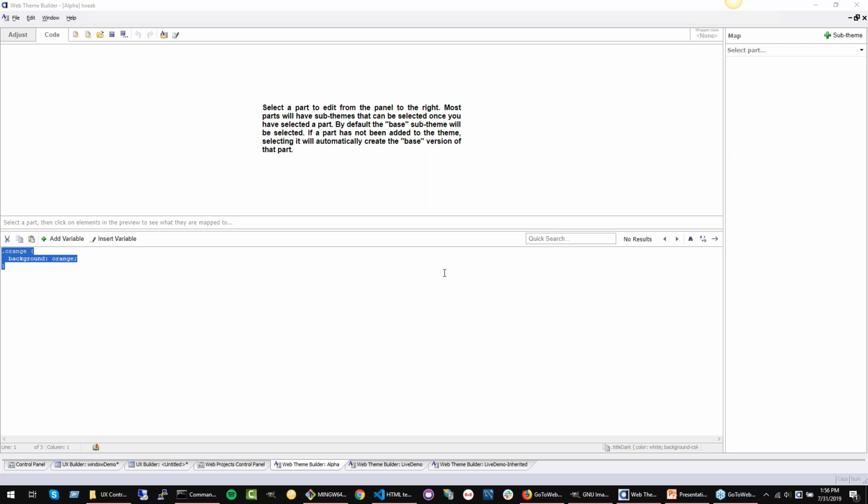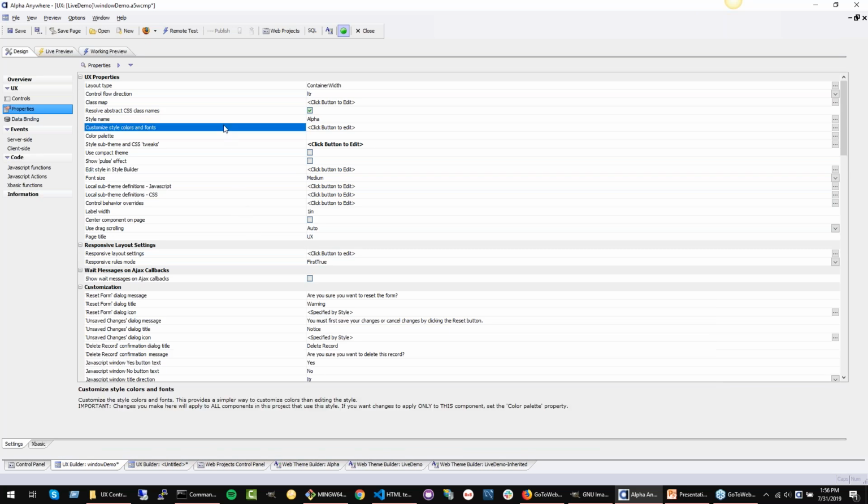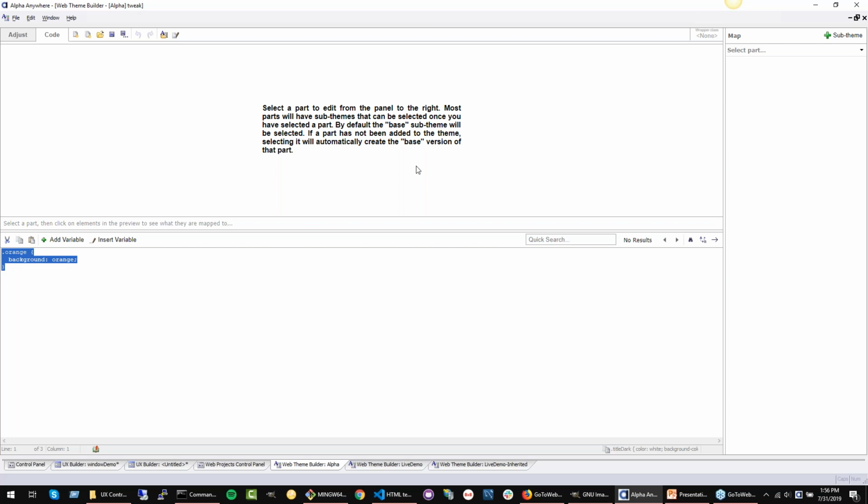The stuff I added in that dialog is a style tweak. In addition to that, any changes made on the customized style colors and fonts are also considered style tweaks, as are selecting color palettes, because those properties affect the style globally throughout the project, not the workspace, just the project. But that style tweak, editing it at this point after you've tweaked it is exactly the same as editing an inherited